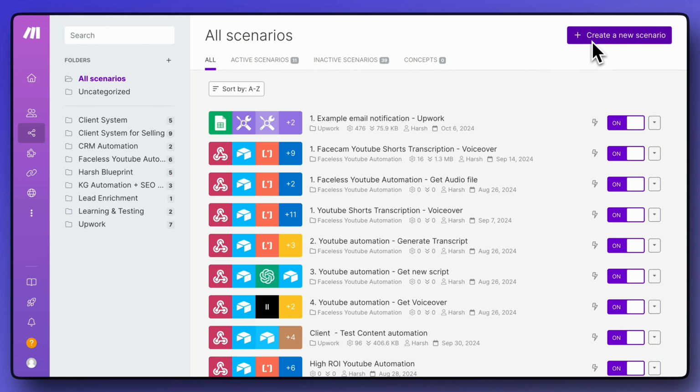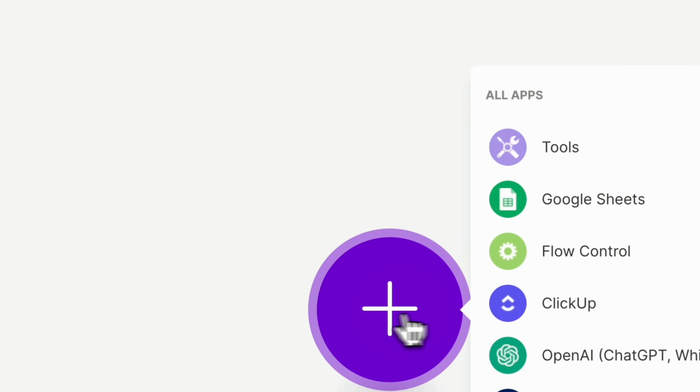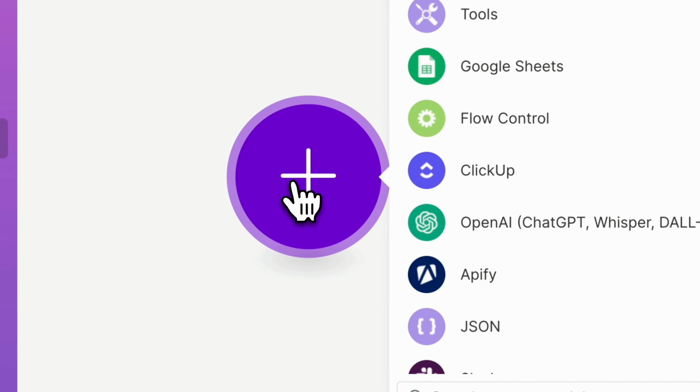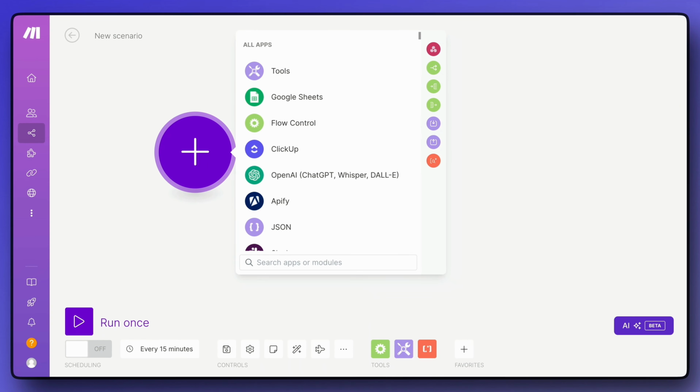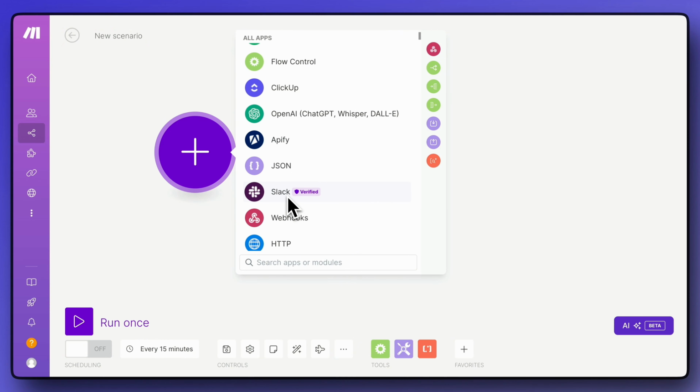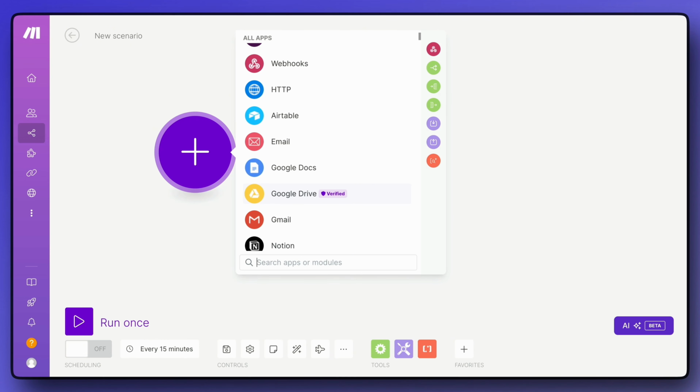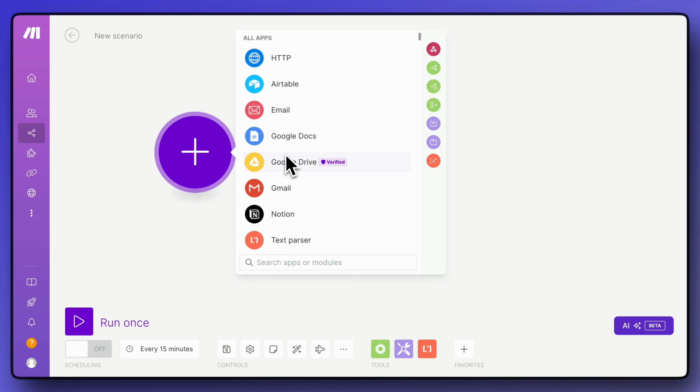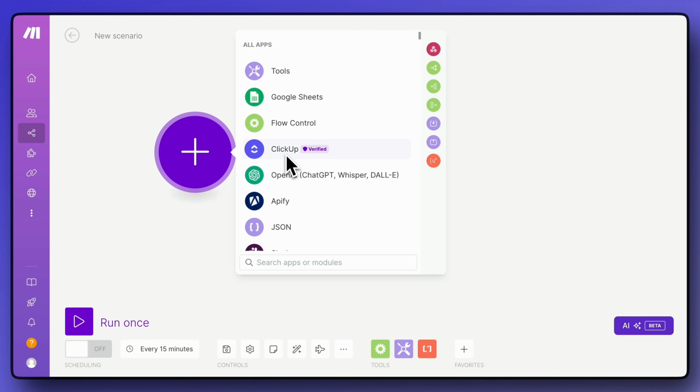Now let's click on this create a scenario button. Once you click on that, you will see this particular interface where you can now create magic. When I say magic, you can literally connect any application with any other application, right? So let's say Google Sheet, ClickUp, OpenAI, API, JSON, Slack, Airtable, anything you can connect, anything and everything, right? On here. So now let's build a very basic flow where the first thing is, let's say for example,